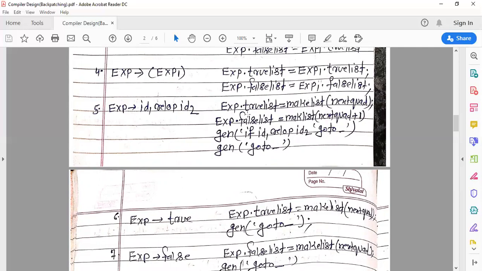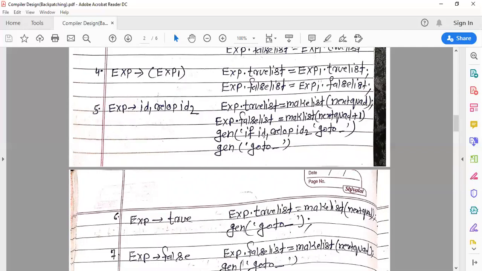So here exp.truelist is equal to 102, and exp.falselist is equal to makelist(nextquad plus 1). So 102 plus 1. The true list has 102 and the false list has 103. It will generate this code: if id1 relational operator id2 go to dash, and go to dash.